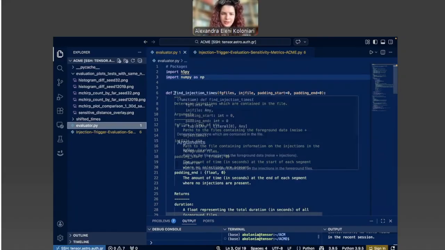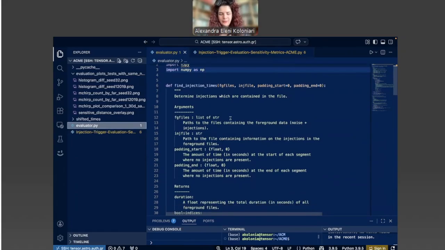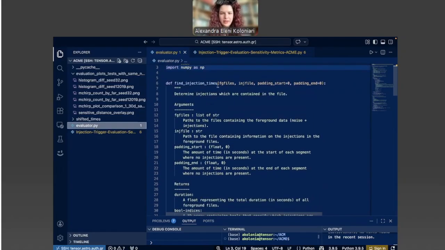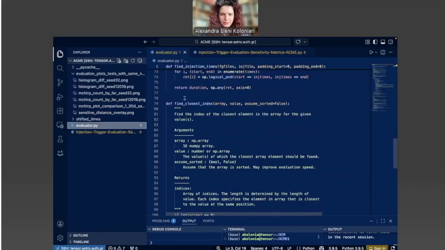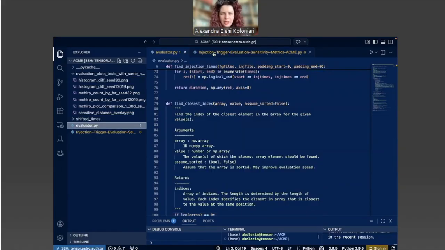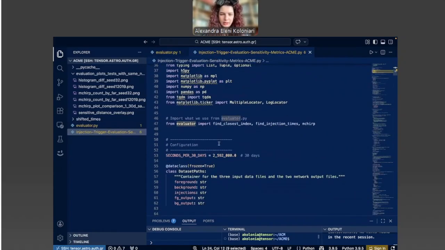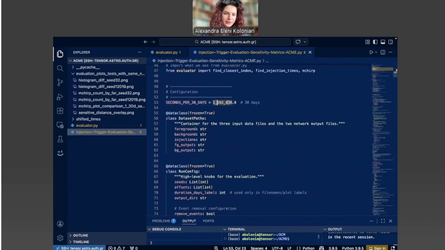The function find injection times, which basically searches which foreground segments do contain real injections in them by checking the time of coalescence that is included in the injection file, and also find the closest index, because we will also need the index in order to be able to carry on with all the lists that we have in that specific notebook.